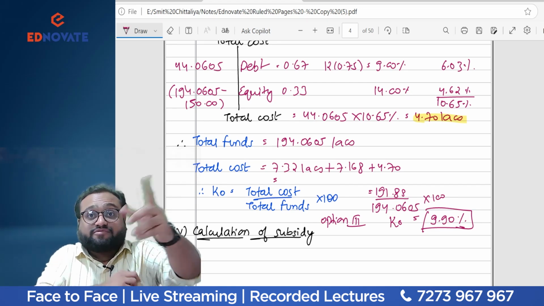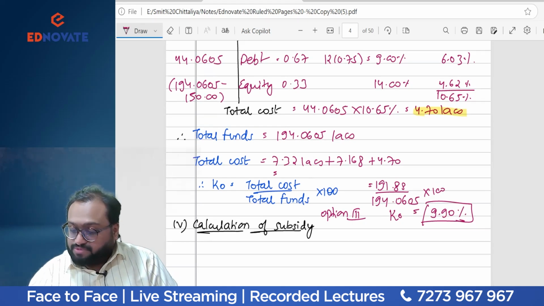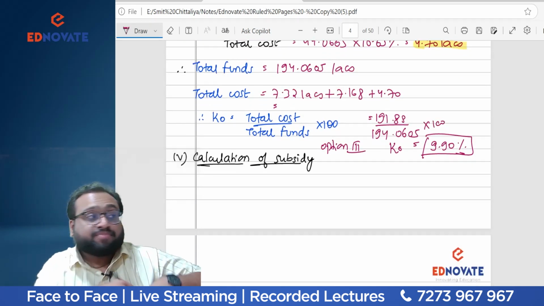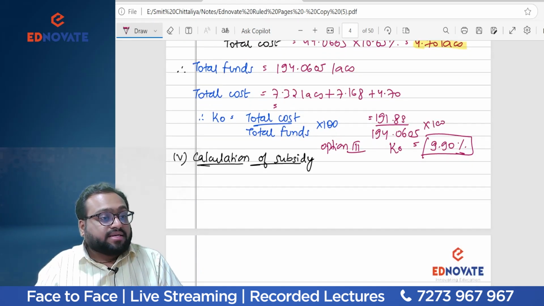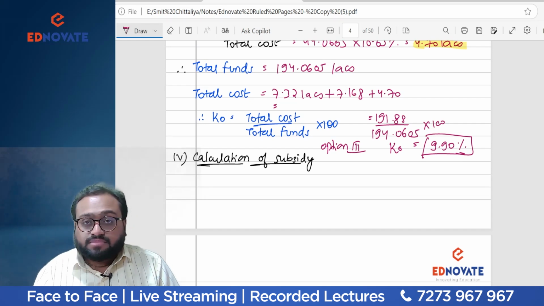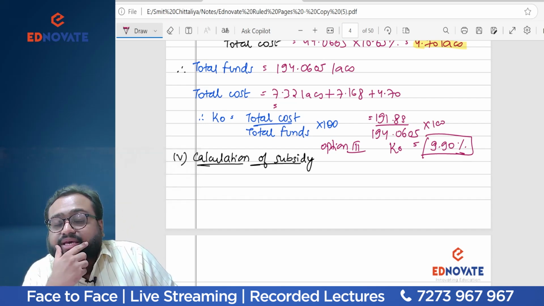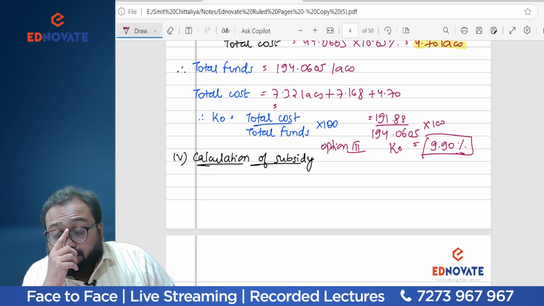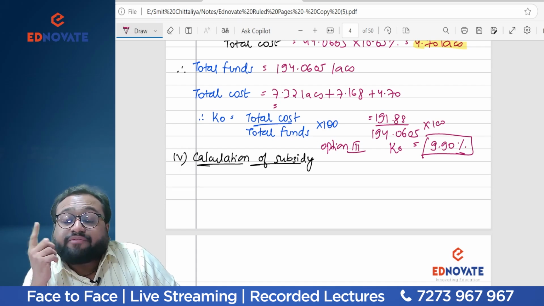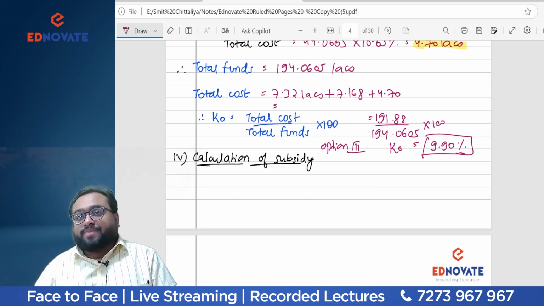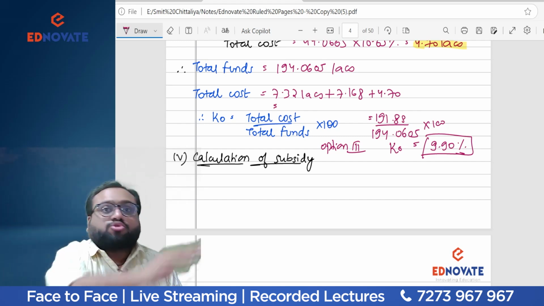So what will my value of subsidy now? My value of subsidy is, it is first of all revenue subsidy. Students may ask me a doubt, hey, boss, sir, why this is not reduced from the capital investment? It is not reduced from the capital investment since it is a revenue subsidy. It is not a capital subsidy, for your kind information. If it was a capital subsidy, we would have reduced from the value of the capital investment. Your capital investment would be less than 200 lakhs.